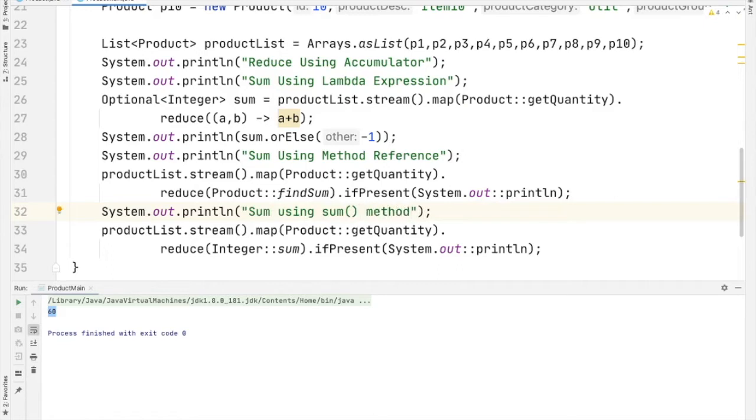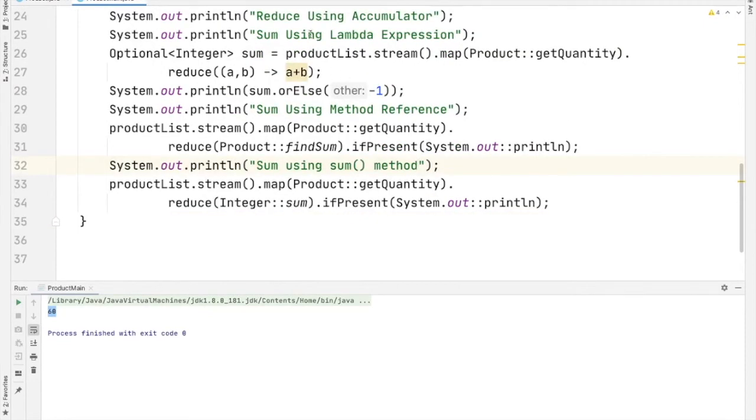We have seen 3 ways of finding the sum. So now let us run the code. And we got all the result as 60.